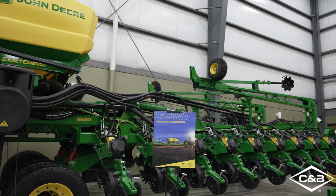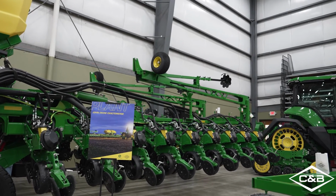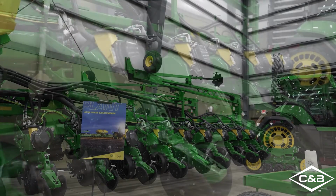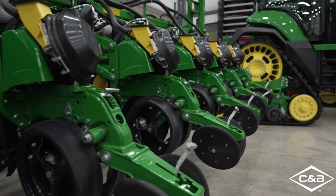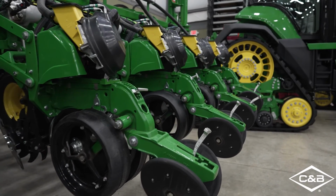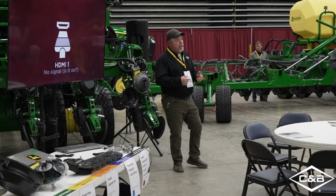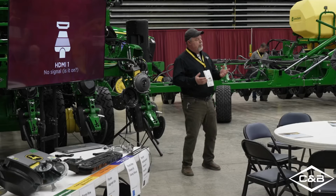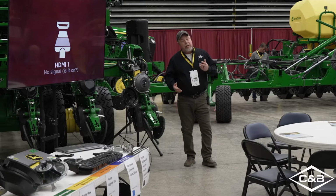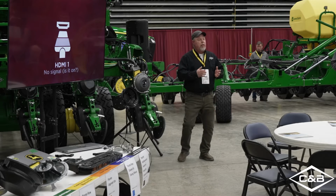And so now it's like, Jeff, when should I replace my row cleaner wheels? Well, they call these shark's tooth. When they become gum tooth, where there are no longer any teeth on them, it's probably time to replace those. Or if you're still running, like in 7200s, the finger ones, if you have a finger missing or a bent finger, you should probably replace that wheel. The other thing you need to look for is if your wheels are wobbling,